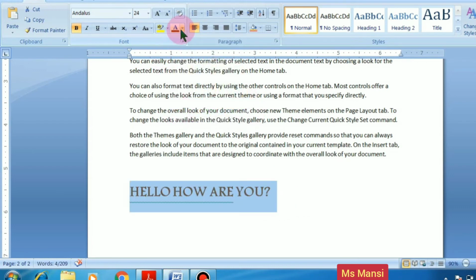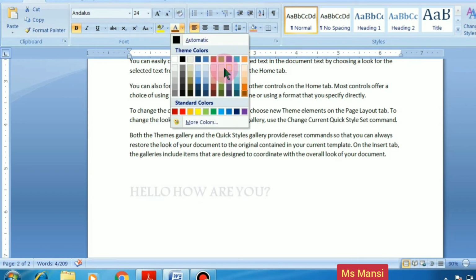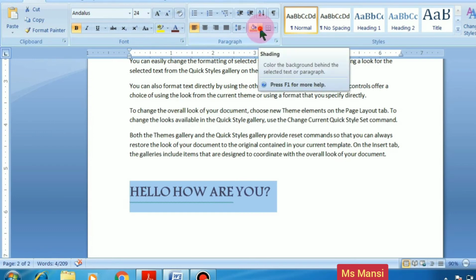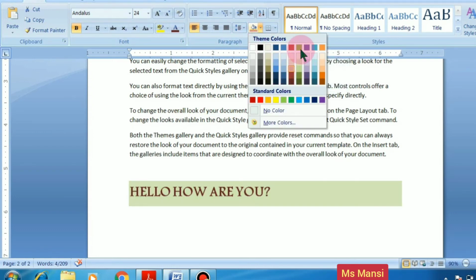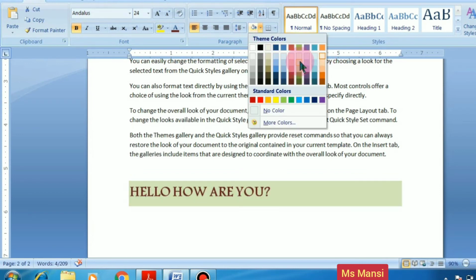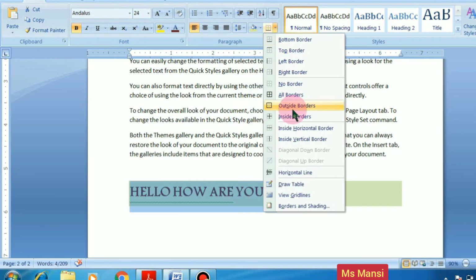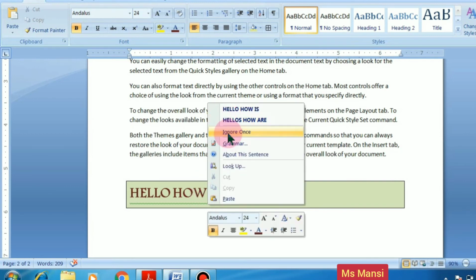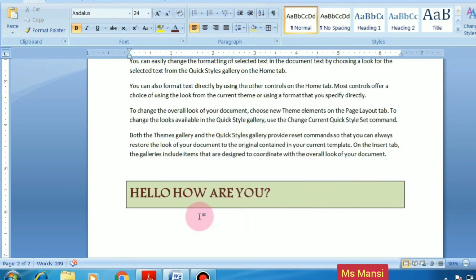Now I'm changing its background, like this. So I have done some changes, I have applied some formatting on this particular text.